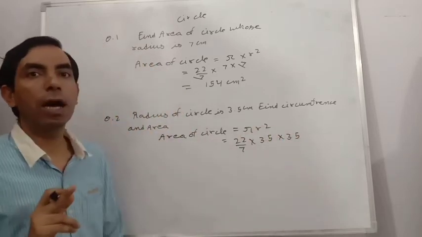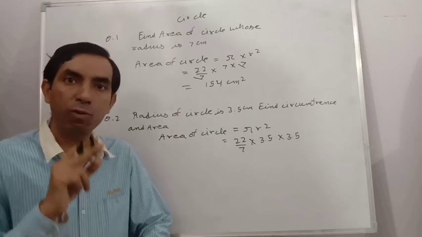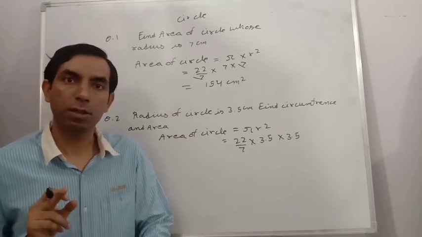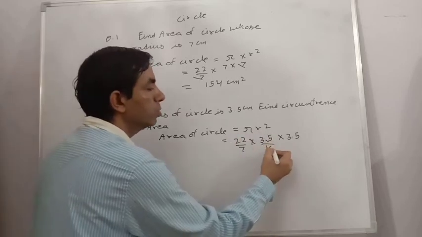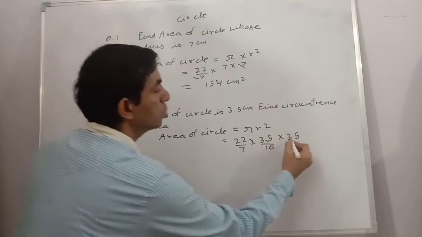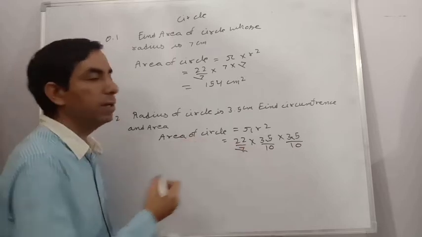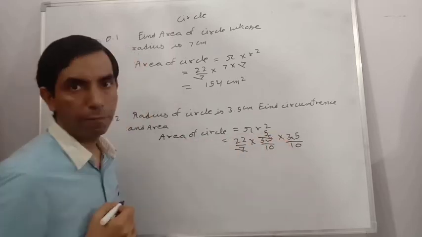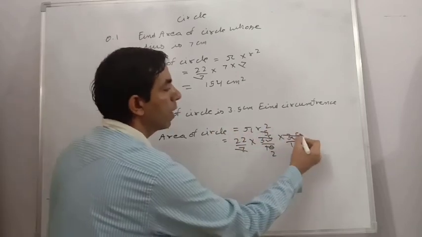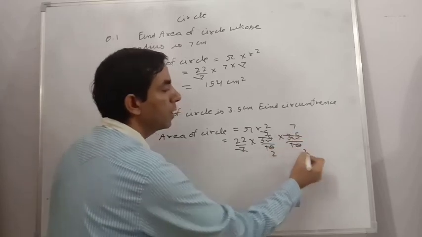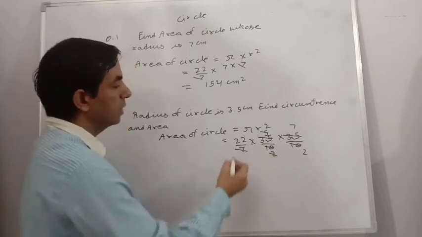And in the previous video I said that if any question has a decimal number, first we remove the decimal and then solve the question generally. Remove the decimal, write 1 in the denominator and as many zeros as the digits after the decimal. So removing the decimal we get 10. Then we cross out 7 and 7; 5 7s are 35. Again 5 removed, 5 2s are 10. Here also 5 7s are 35 and 5 2s are 10. Again 2 cancels, this 11.